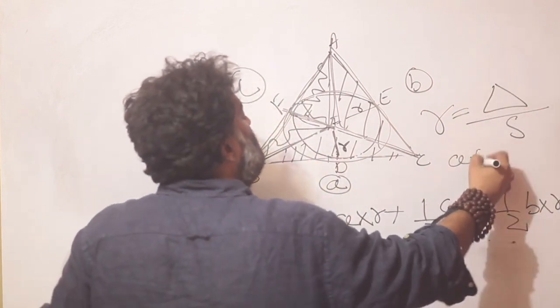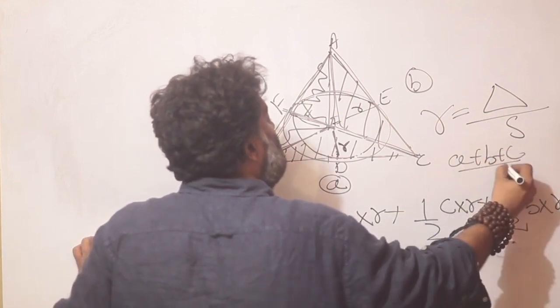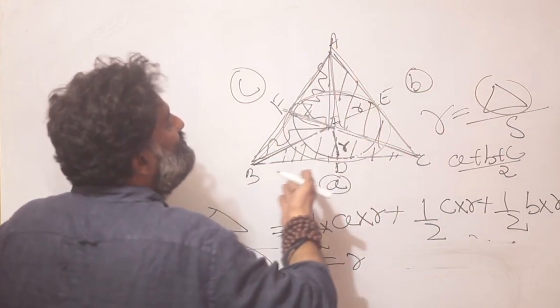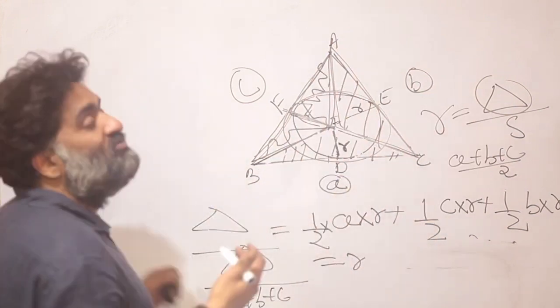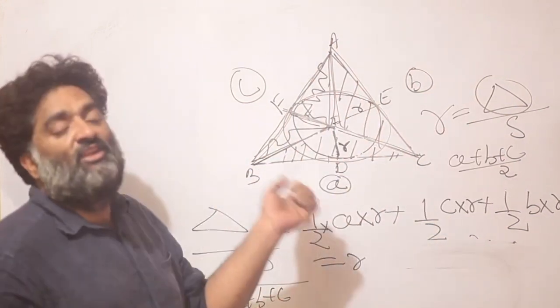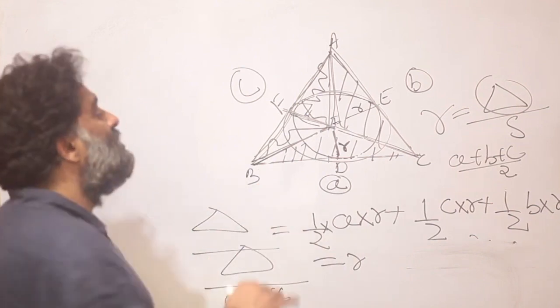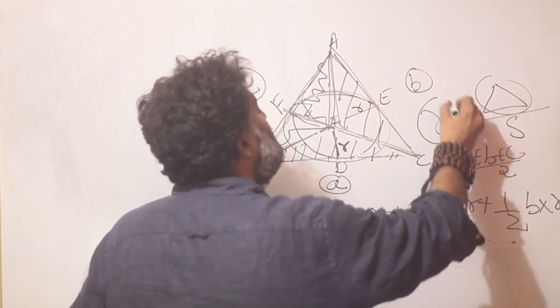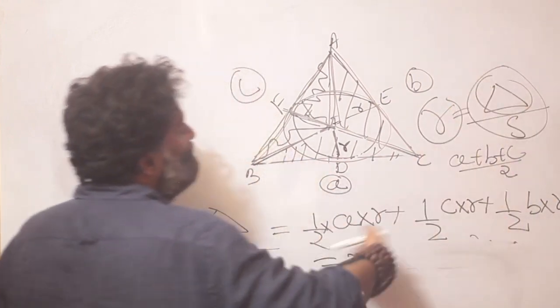What is the semi-perimeter? It is perimeter divided by 2. What is the area of the overall triangle? Who knows? You could be using base into height, you could be using Heron's formula, there could be some other information given to you. But if I have the area and I have the semi-perimeter, I can find the radius by doing so, and proven also.